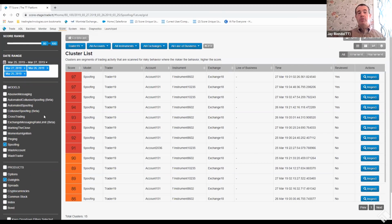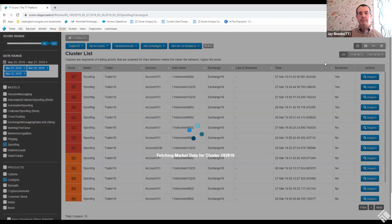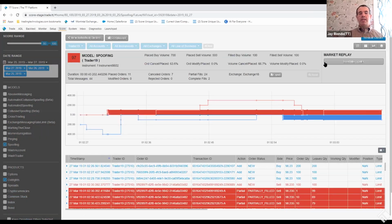And now what we have brought you to here is what we call our cluster list. And it's a very simple, straightforward concept where we're just listing the different clusters here by score, the highest score first. And once you've identified a cluster here that you want to investigate, you can click Inspect. Okay, once we get inside the cluster here, this is where we provide the compliance officer with the tools to